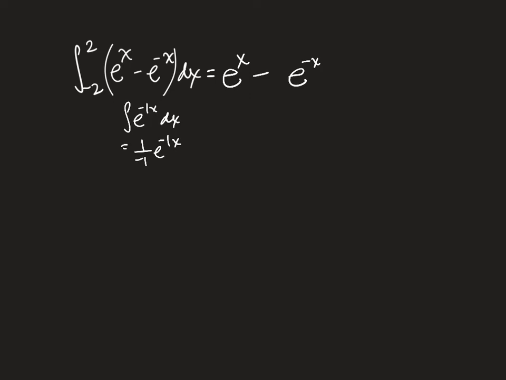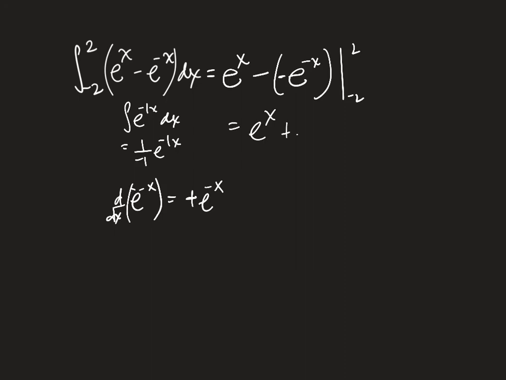Or if we're looking for what function would give me the derivative, this is negative e to the negative x. So I would have to compensate by making this negative to make this positive. So this is e to the x plus e to the negative x. Or you might have reasoned that I'm looking for a function whose derivative is e to the x minus e to the negative x, and recognized that because of that negative, if this was a plus in the middle, that would give me that result.